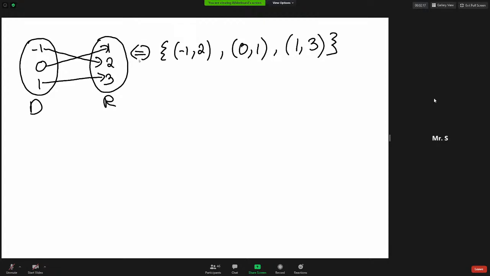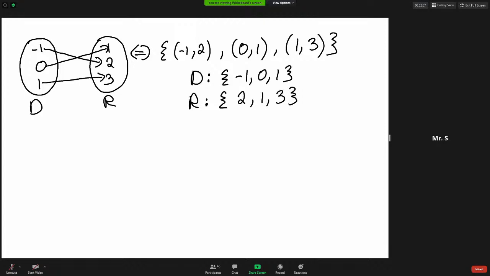and that would give us the same exact relation. And if I gave you the set of ordered pairs, I can say, well, what is the domain? And you can generate the domain just by listing the set of all the first elements, right? The domain is the set of all the first elements of these ordered pairs, so all the x's essentially. So the domain here would be -1, 0, and 1, in no particular order. There is not necessarily an order that needs to be present here. And the range would be 2, 1, and 3,